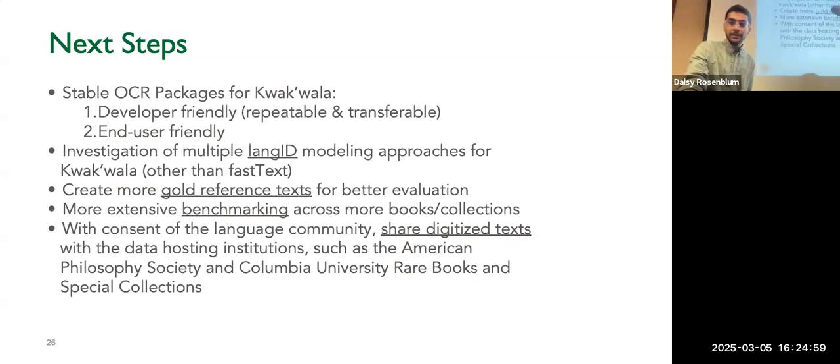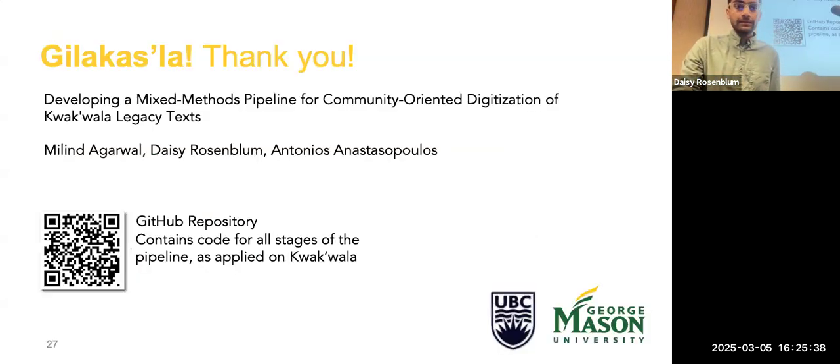I know that we're over time, but my goal is to have first a stable OCR package that has this pipeline or workflow assembled and end to end ready to use. And it's okay if it's a developer-friendly one because I can work with that for now. It'd be great to have it be something that's end-user friendly, but those two steps are my goal for the moment, and to have it work well enough on a wider range of texts. So that's it. Thank you.